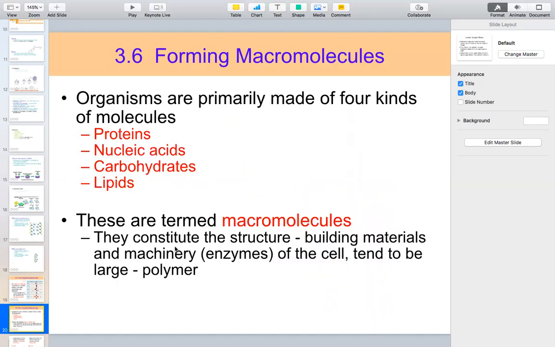Now, again, the organisms are primarily made up of four kinds of molecules. You are an organism, so you're going to be made up of proteins, nucleic acids, carbohydrates, and lipids. When you eat an organism, this is what you are digesting: proteins, nucleic acids, carbohydrates, and lipids. Now, they are termed macromolecules, and they constitute the structure, the building materials, the machinery, the enzymes,